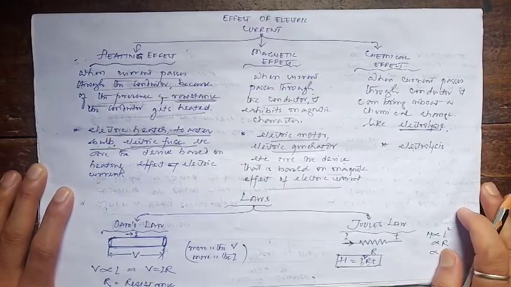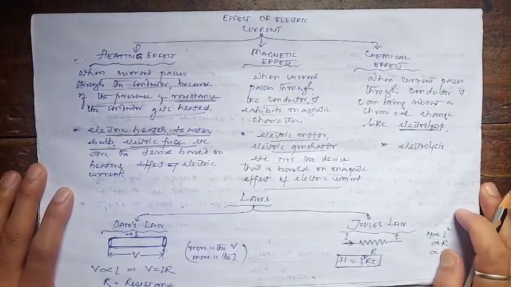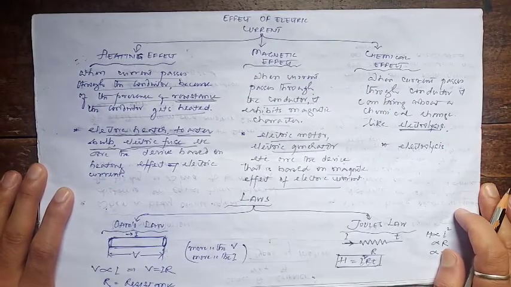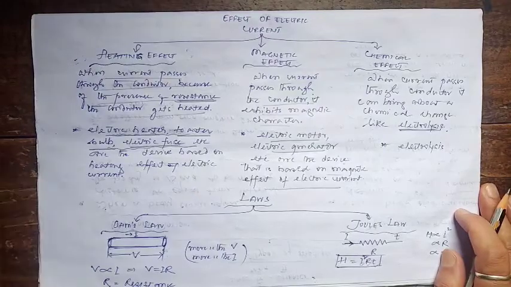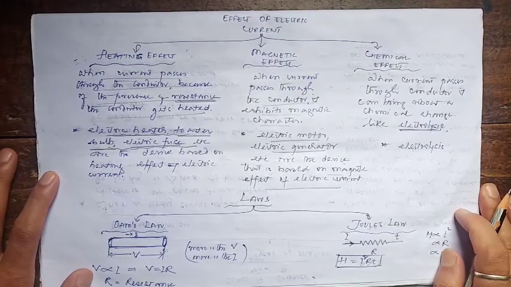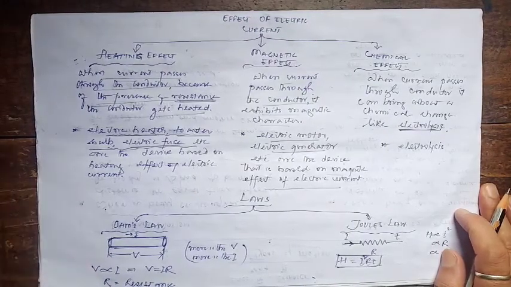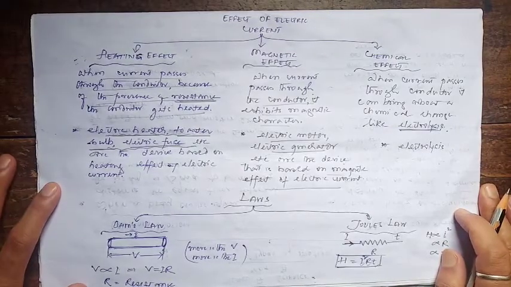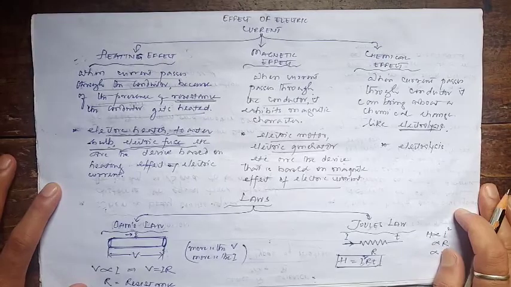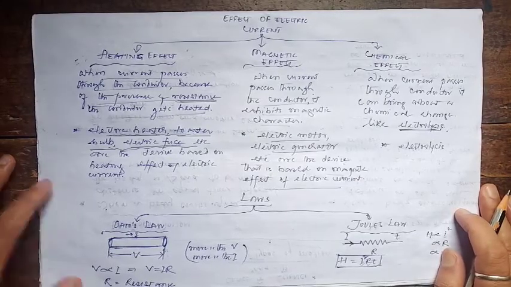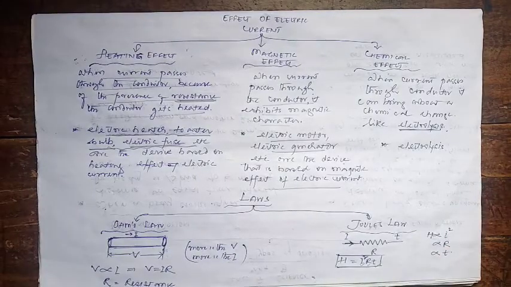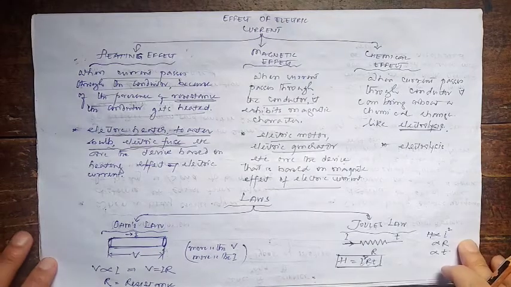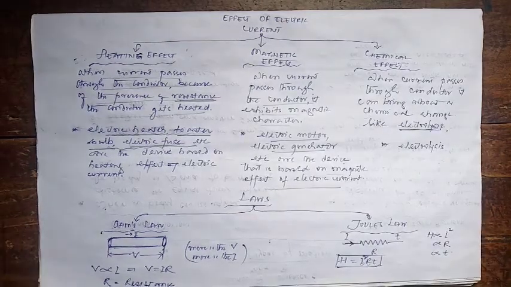So the chemical effect, let me just briefly tell you its importance. When the current passes through the conductor, it can bring about a number of chemical changes. We use this effect in industries for electroplating and electrolysis. When current is passed through water, the current decomposes the water into hydrogen and oxygen. That's the simplest and most important example to understand the chemical effect of electric current. Okay, students,